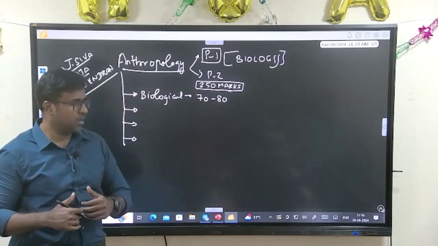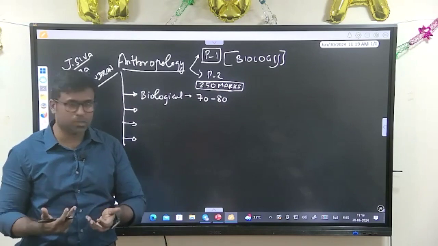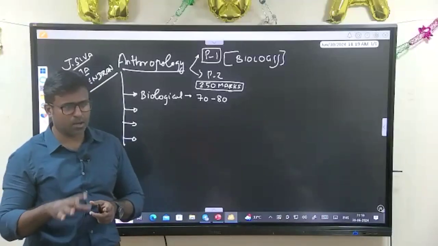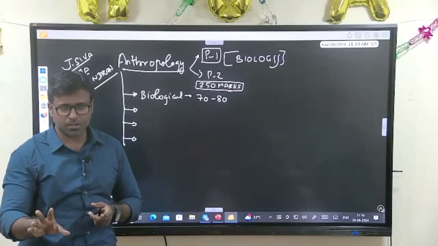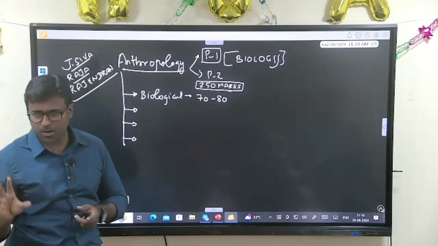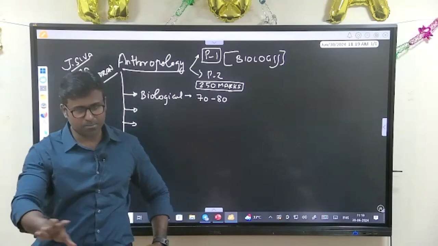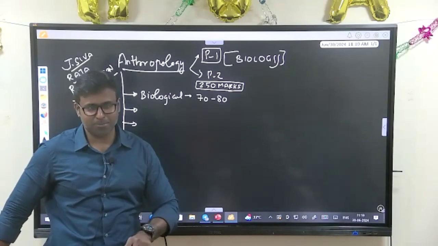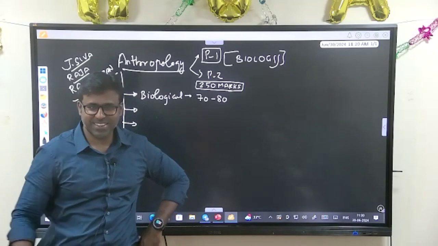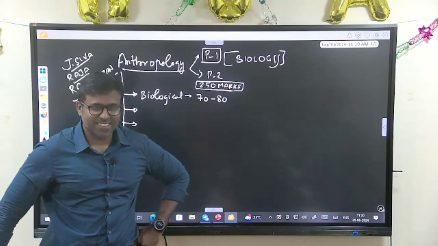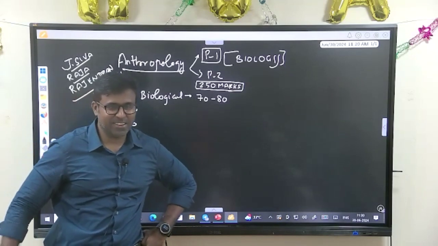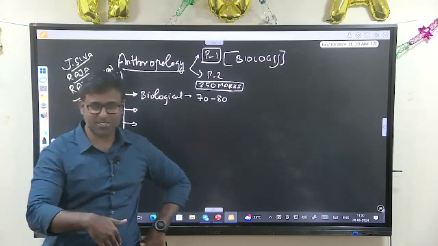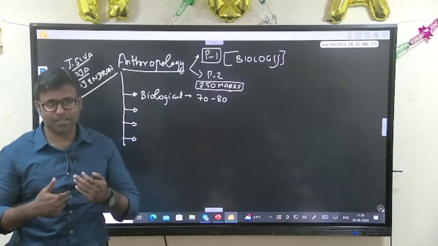This is where you will find how evolution has happened, what kind of evolution, who we are and how we came here. Some people would have this question in mind: how did we come to this place? Any idea? We just dropped from, any idea? There was a monkey which stepped out of the, see, the point is that it's more than that.